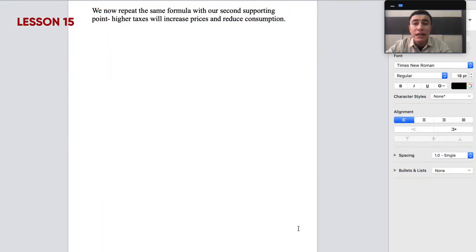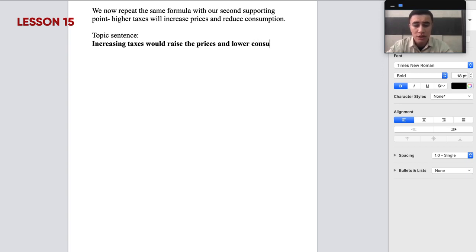Okay, guys, we now repeat the same formula with our second supporting point. So you remember the idea: higher taxes will increase prices and reduce consumption. So this is our topic sentence, so let me make it bold. Increasing taxes would raise the prices and lower consumption. Very simple, and this is going to be our topic sentence. When you expand it,